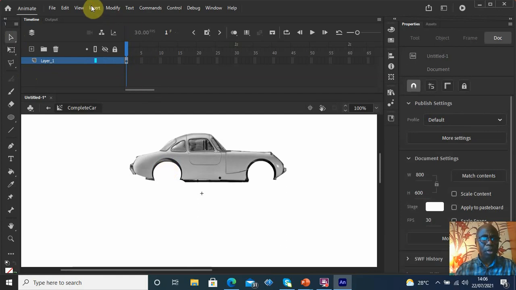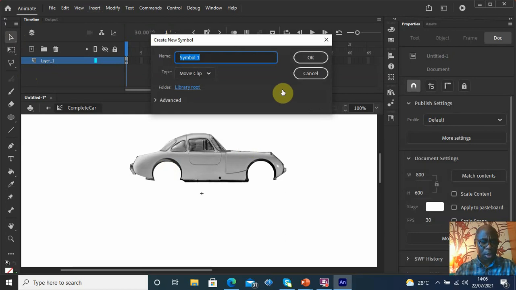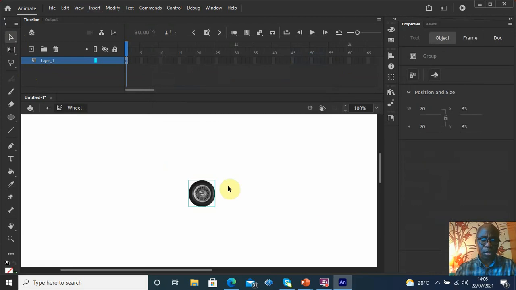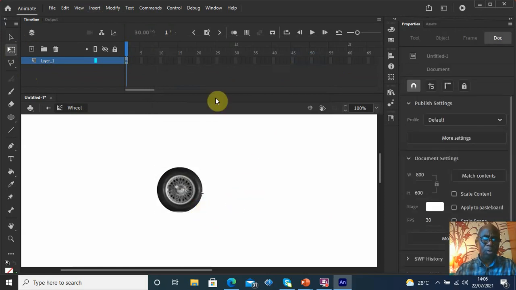insert another symbol, new symbol, and then I'll call that wheel. Make sure you select the movie clip there, and then I'll paste it here, and let's make this a little bit bigger. Okay, and to animate this, we